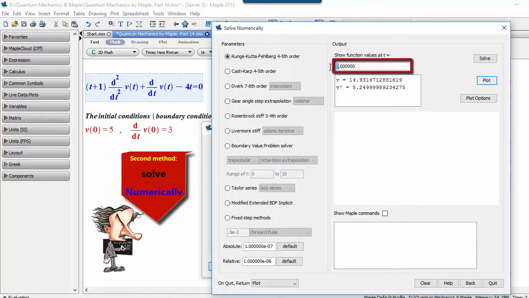If t equals 8, then the function value v and its derivative v prime are